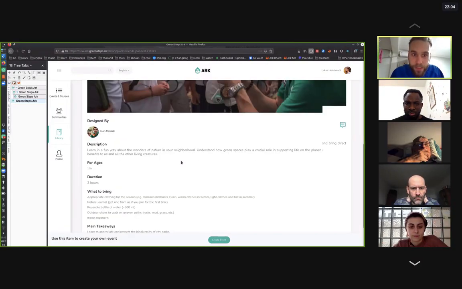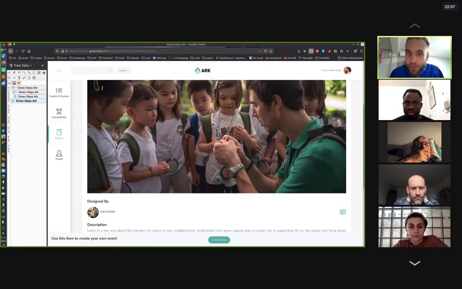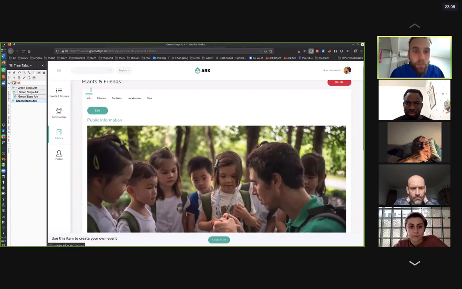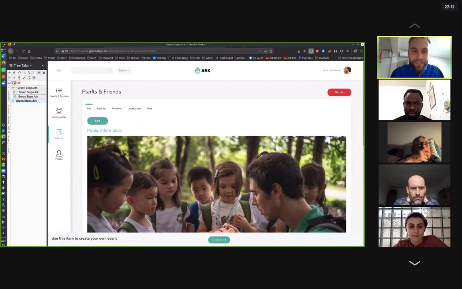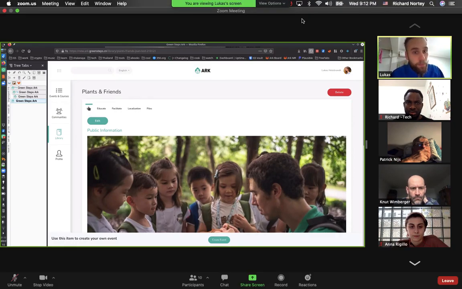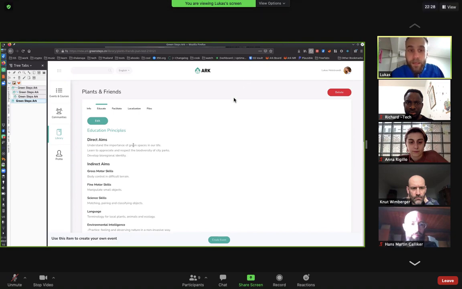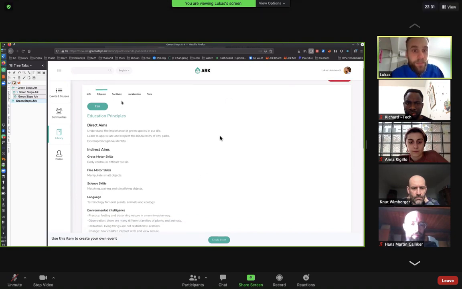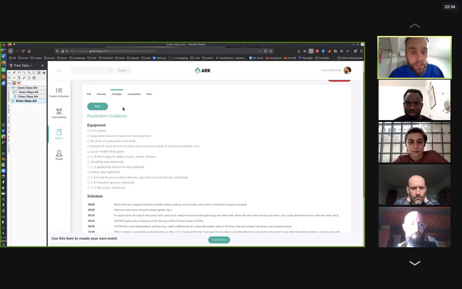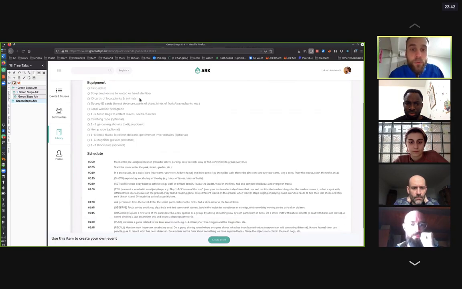Here we see an activity, Plants and Friends, which is one of the most popular Green Steps Shanghai activities designed by Joanne. The library item is split into 5 categories. First is public information, then the part that talks about what educational content there is, then how to facilitate the activity with what equipment you need, what is the recommended schedule for the facilitator,